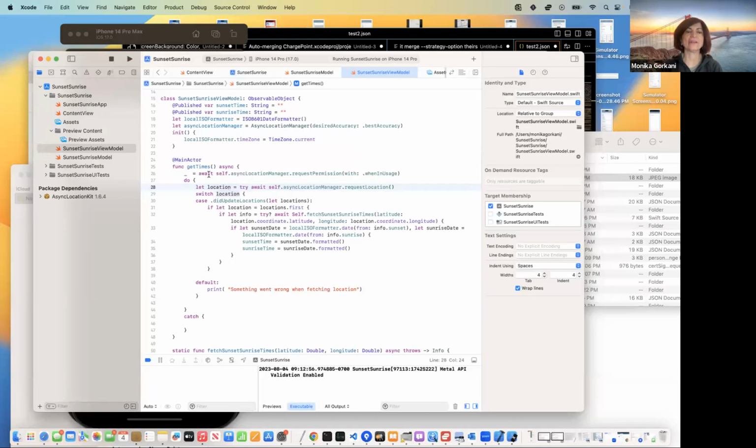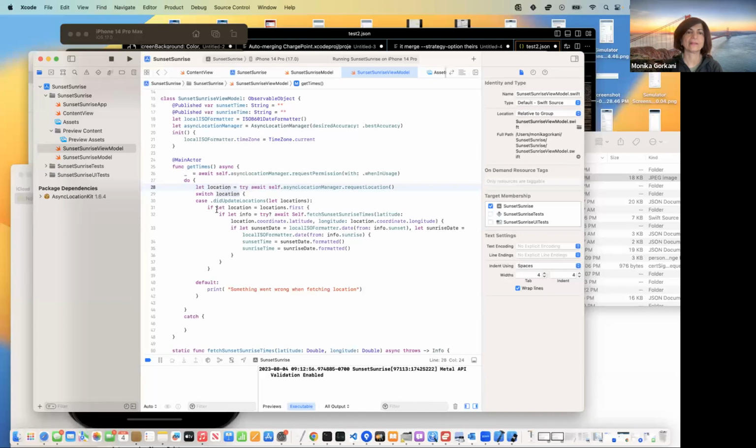But in this case, like all the other async awaits, it kind of pauses here, it's the main thread, it does other things while this is going to pop up the pop-up that we saw, because if it already had permission, then it would just come out of it right away. If it doesn't have permission, then it will pop that up, and if I say yes, then basically